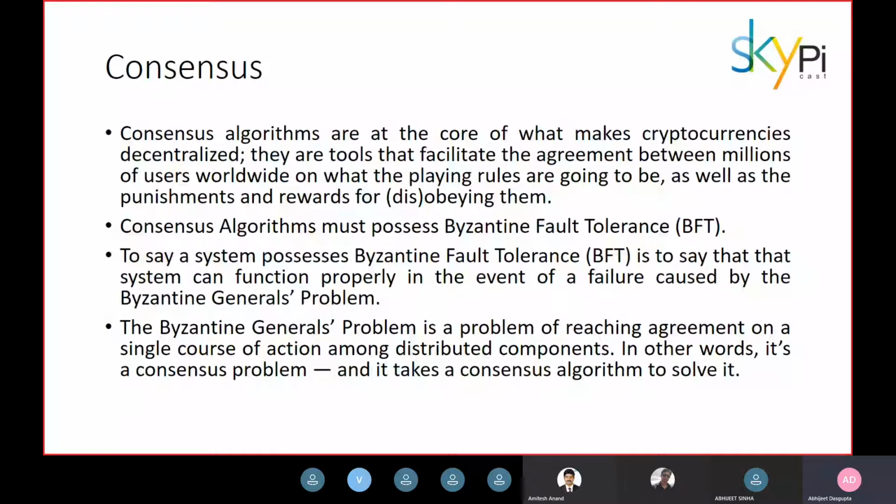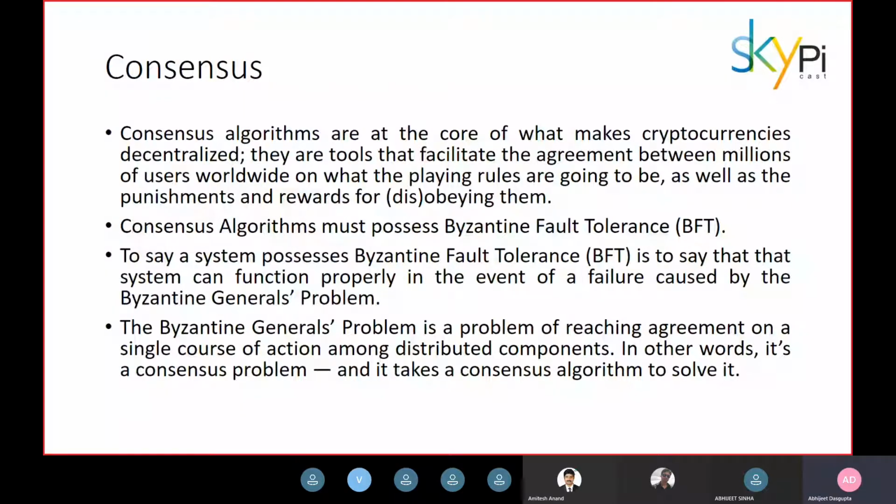The generals communicate with each other only through messengers, and they are located at different positions and cannot directly talk to each other. The only way they can communicate is through the messengers that they have. Whatever the decision may be, it is important that it is agreed upon by every general, because an uncoordinated attack would be worse than either a coordinated attack or a coordinated retreat.